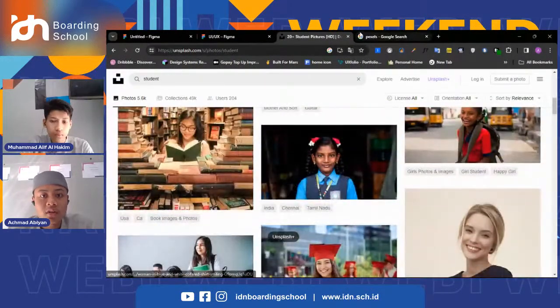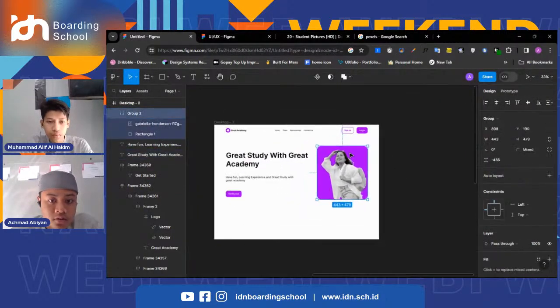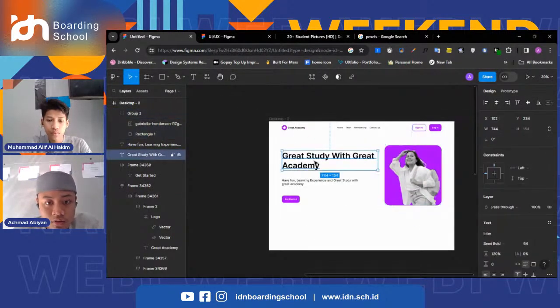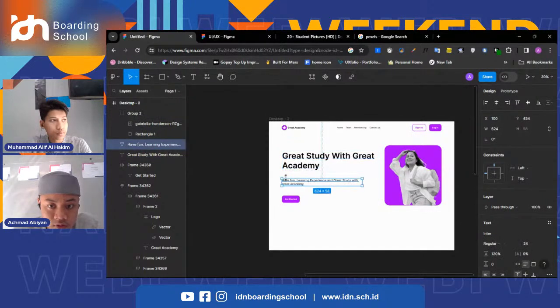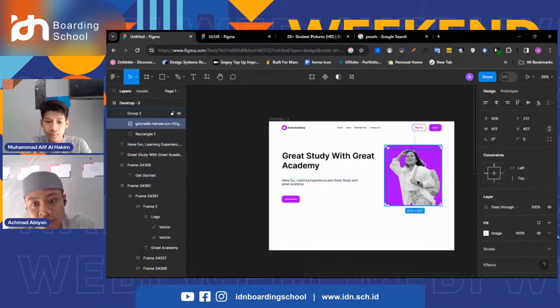Select some, and then copy the image. Go to the frame or file that you want to, and then after you select it,